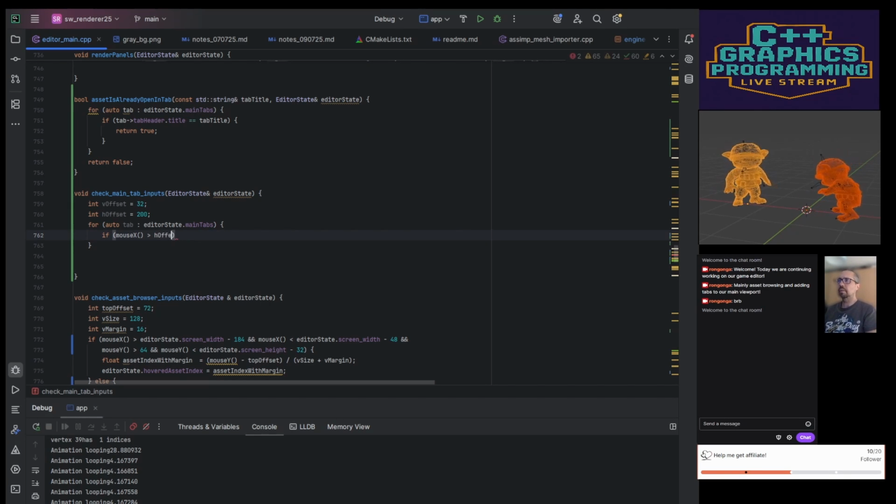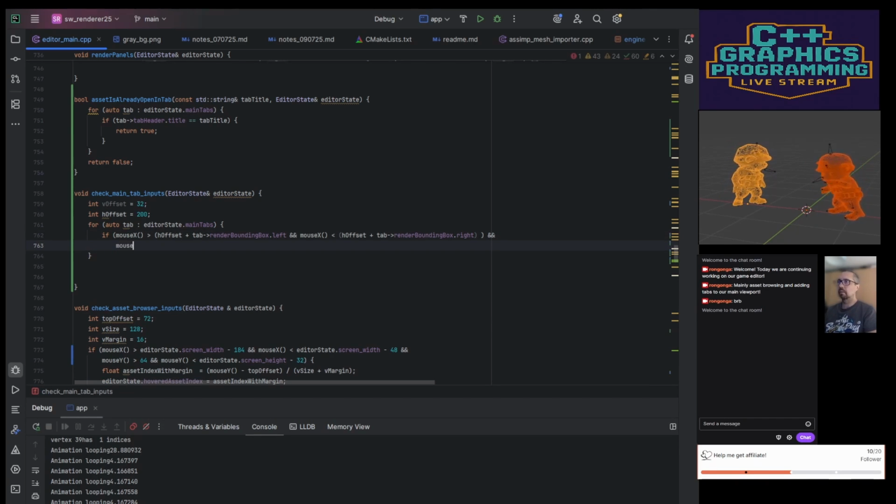So we have the H offset and the mouse X, no, so H offset plus, oops, H offset plus the actual tab render bounding box left, and mouse X is smaller than the H offset plus the tab render bounding box right,